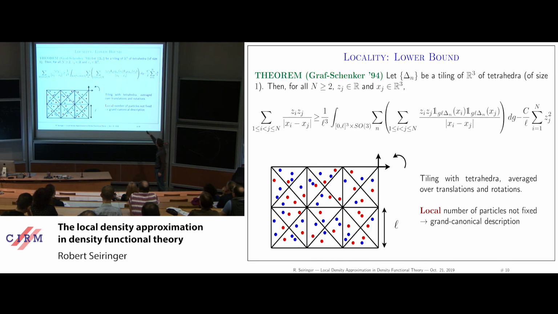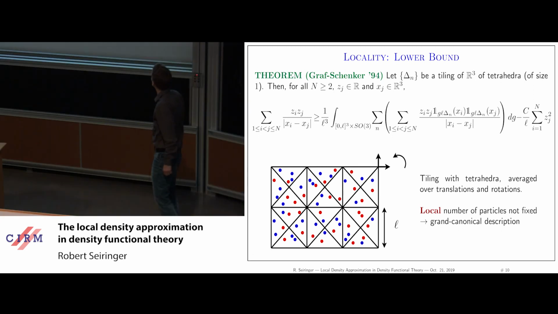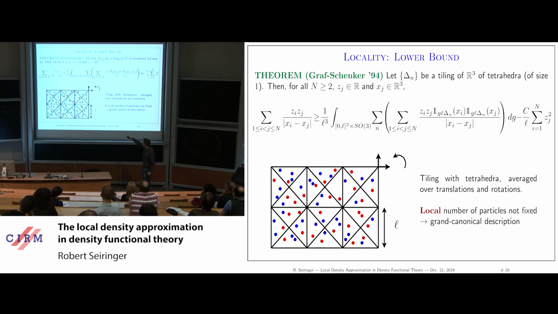So given this tetrahedron, you just look at the Coulomb energy for all particles inside the same tetrahedron. Okay, and then what you do is you sum over all tetrahedra. So you don't just do this for this one, right? You do it for all of them and add them up. So the big difference is that there's no interaction between different tetrahedra. Now we only look at the Coulomb energy of the particles being in the same tetrahedron, and then at the end of the day, as I said, you have to average over translations and rotations. And then the claim is that's the inequality, that this will give you a lower bound